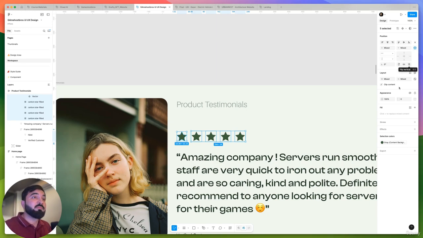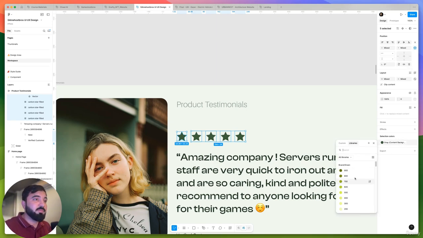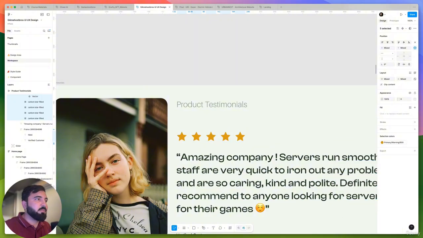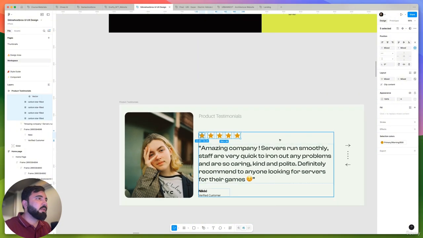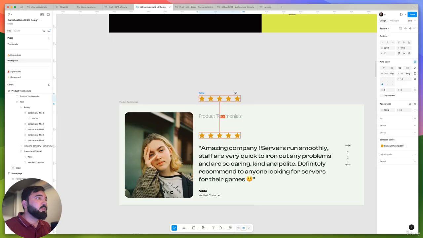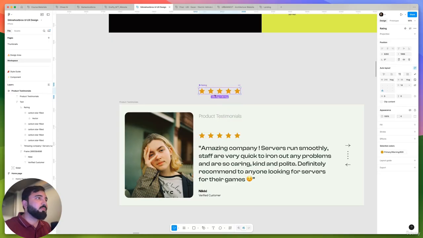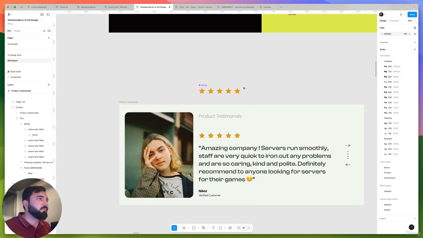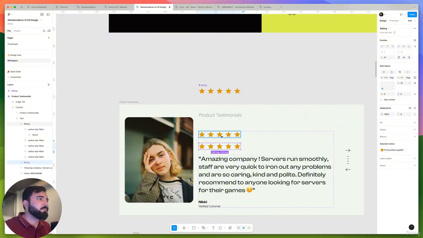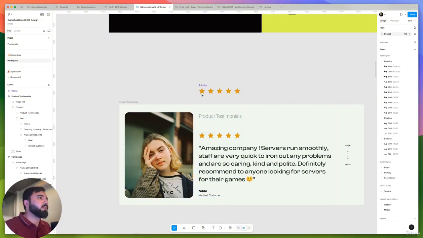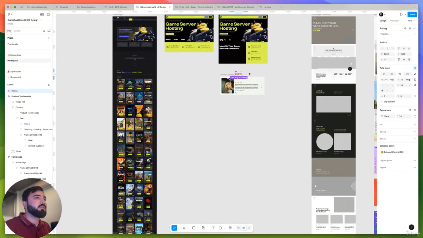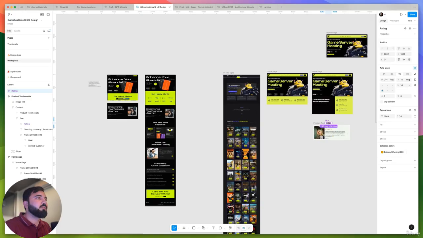It was good, by the way. And for the stars, I will make it like this. All right, and I will also need to make it a component, okay. So component and paste it here. All right, so I will need to take this all the way to the left,